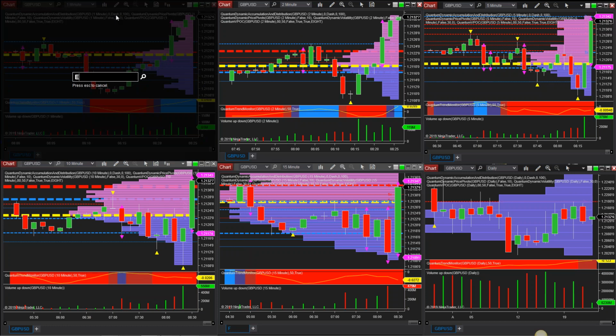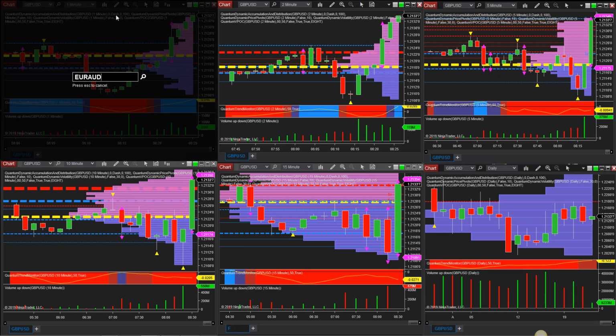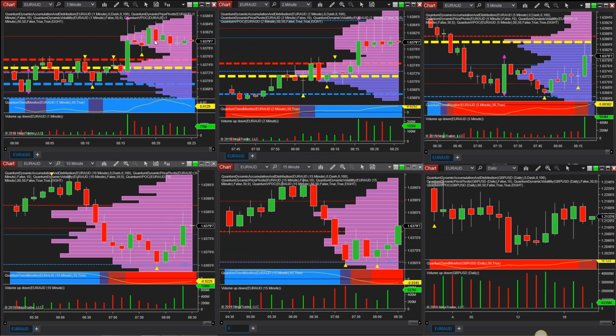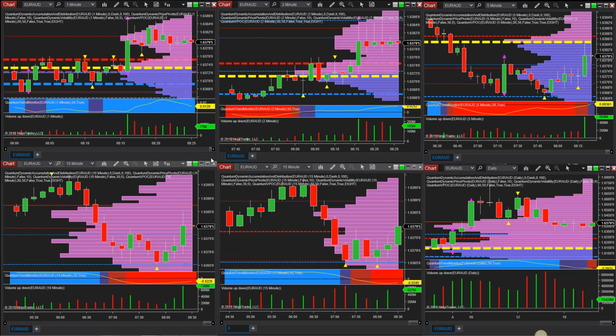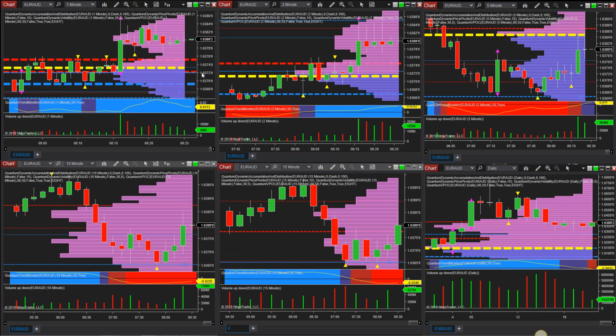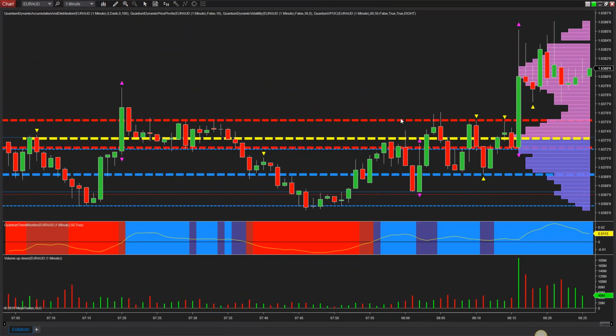Let's just go back onto Euro Aussie, which is another one. Okay. That's trading sideways for the time being. Again, nice trap moves on the volatility. Big trap move there, ton of volume underneath. You can see now we're trading within the spread of the candle, which is what we expect to see. It doesn't always happen. We had another one here. You can see this was, when was this? 720, spikes up,